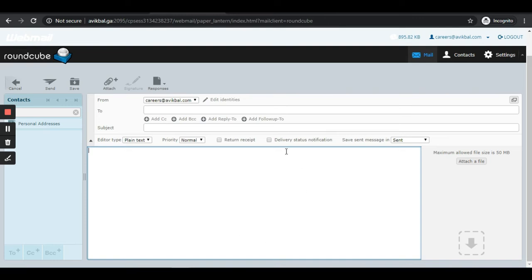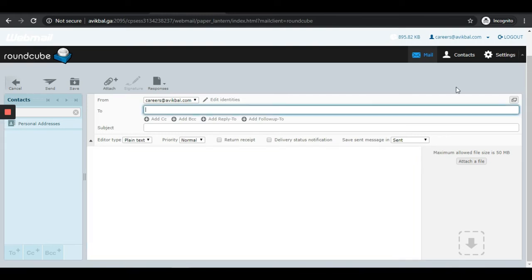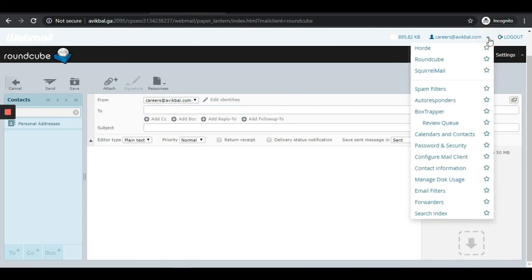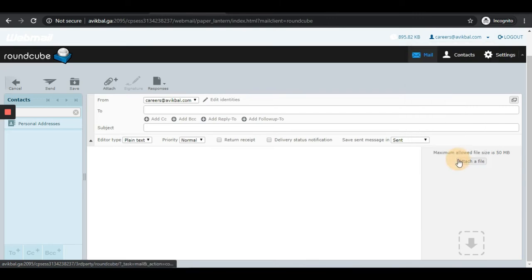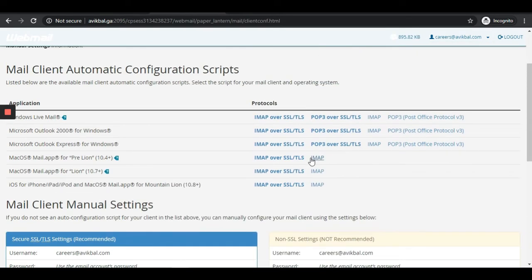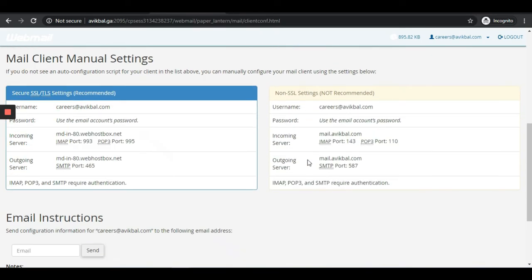So that is the reason we are connecting this webmail to our Gmail account. To connect this webmail to your Gmail, what you need to do is land up on your Gmail settings, Gmail inbox. But before you land up on Gmail inbox, you need to take up certain information from this webmail. So click on the top button over here, the drop down, and under drop down you'll have an option for configure email client. Click on configure email client, and in this page you'll have the settings to connect your domain email to your Gmail ID. So this is the information that you'll be needing, so keep it handy.